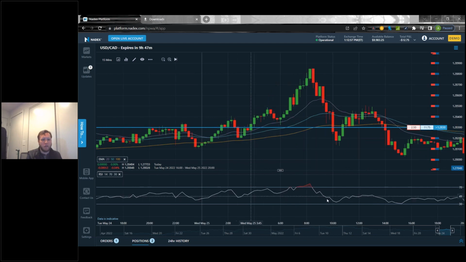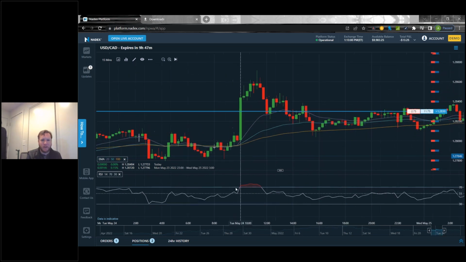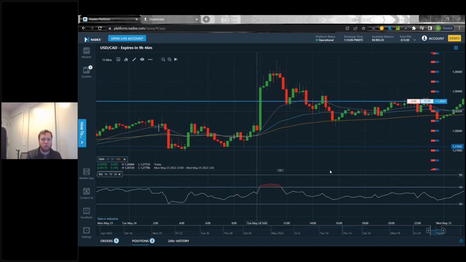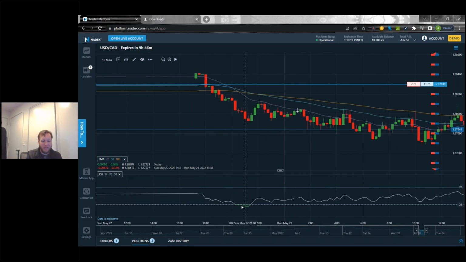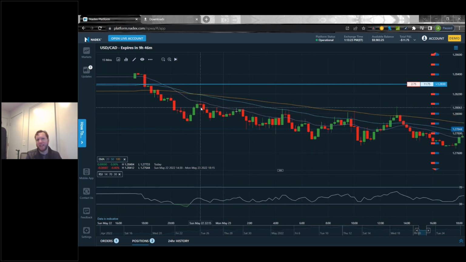So the other side, and let's see if we can find it, it doesn't really look like we have any oversold signals here. Again, we have another overbought, and the market drops a little bit. So you can see here, there is a little bit of truth. And then, okay, now we have a little bit of an oversold signal. As you can see, the market's going down, we start to get an oversold signal here, and then the market does actually go back up a little bit, although it very much stays kind of flat